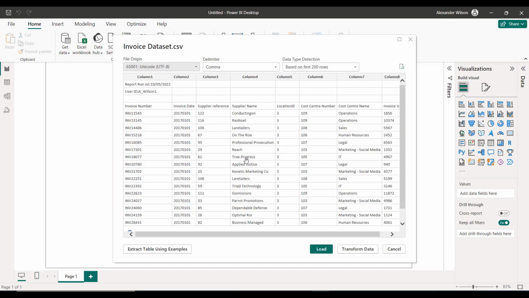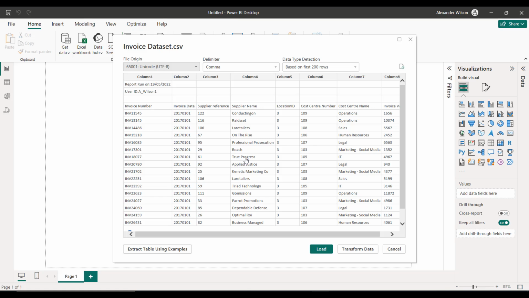Now, because this is a CSV file, which means that there's only a single worksheet and no fancy tables, charts, graphs, or anything else vaguely stimulating, then Power BI doesn't need any more information to connect to the data. Power BI brings up a simple menu saying, here's a preview of the data. Do you want to load this into the data model? Or alternatively, is there some fancy transformation stuff that you want to do to change how this file looks?